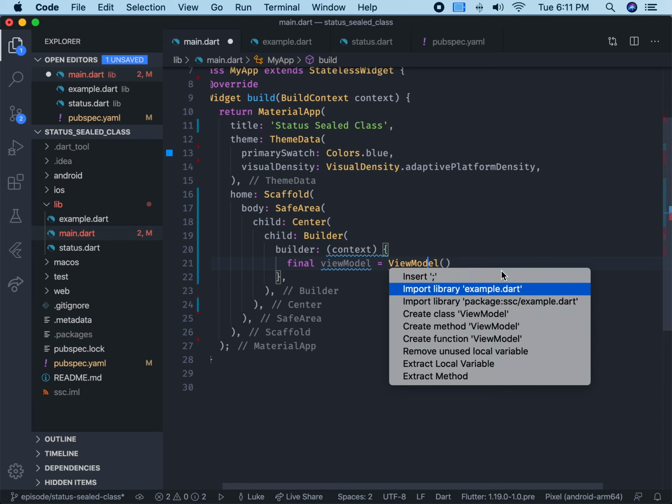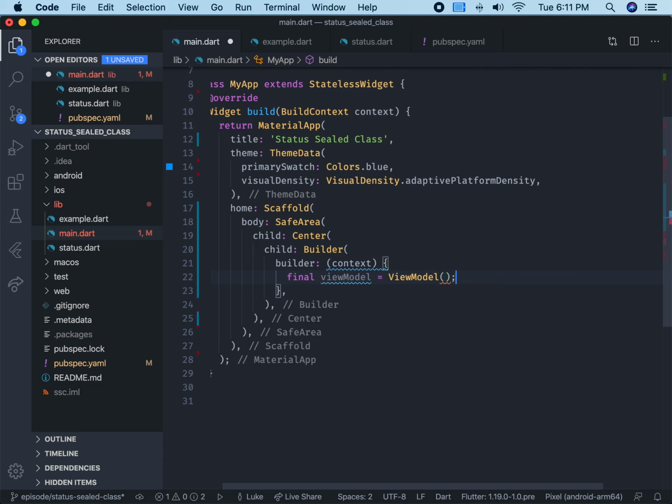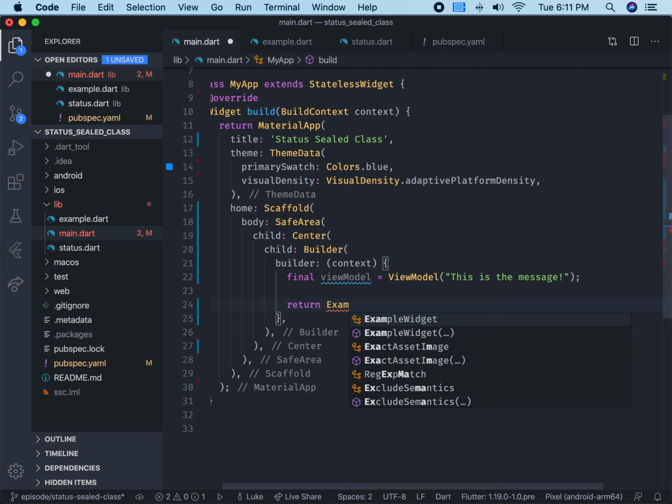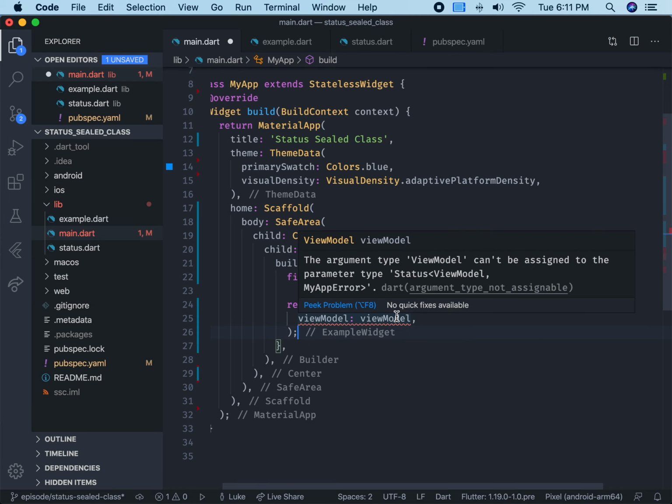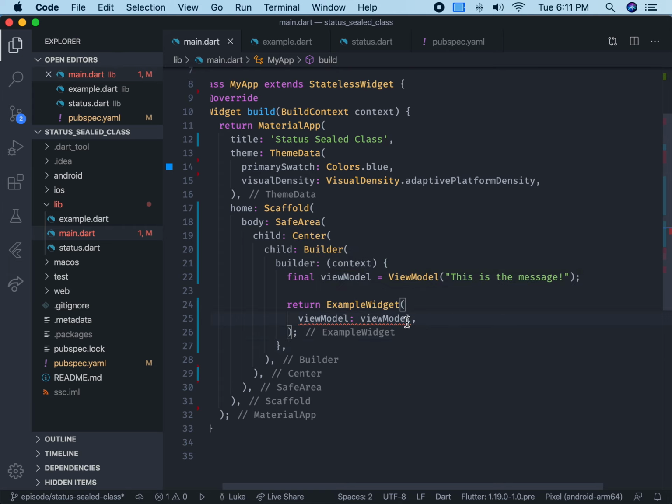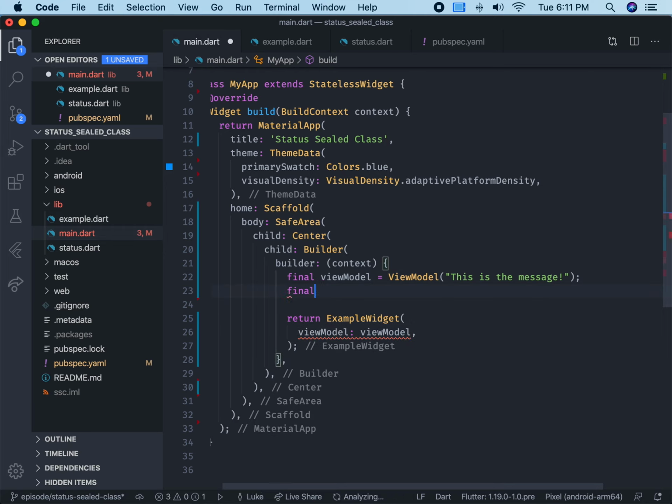Can we import that? I don't like that file name, but we'll go ahead and do view model. And this is the message. Great. So view model, this is message, and we'll say return example widget with view model, view model. But it's giving me a problem. It says it needs to be assigned to the type status. This is where you'd have to thread in your own logic. So we'll say final status view model equals